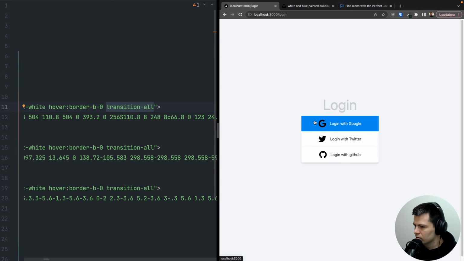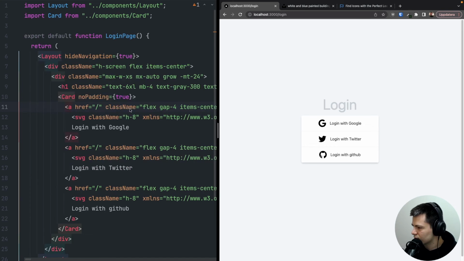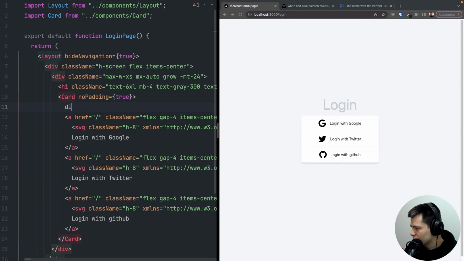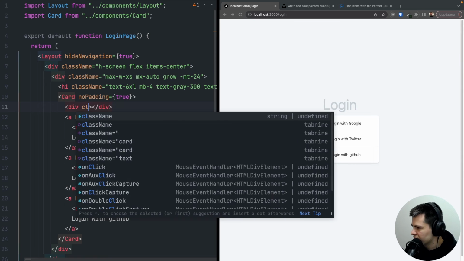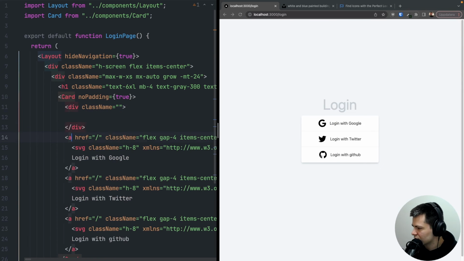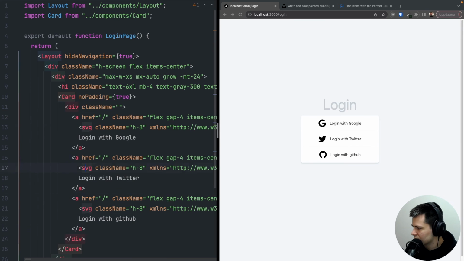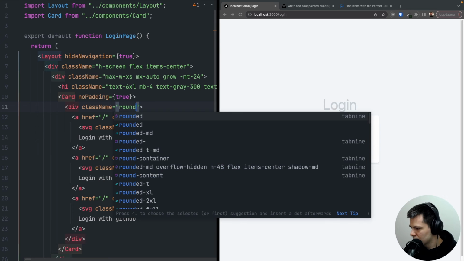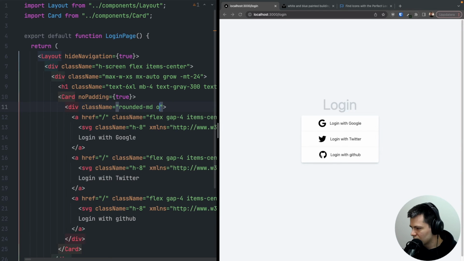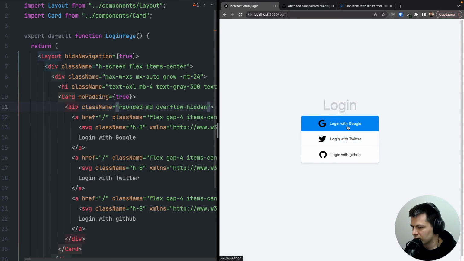The top, the corners are not rounded for those blue colors. And I think we can just put a new div here that will be the direct child of the card. And all those links, let's put them inside this div. And here let's do just rounded corners medium and overflow hidden. So now the blue color will be